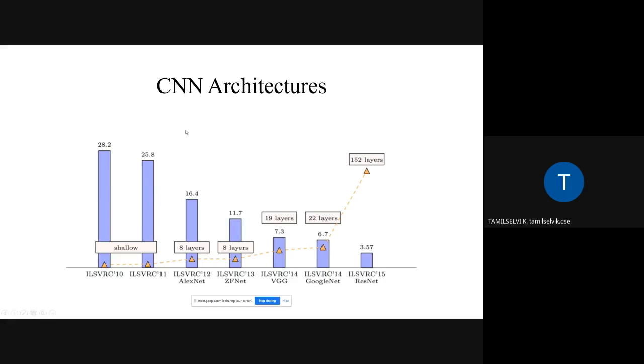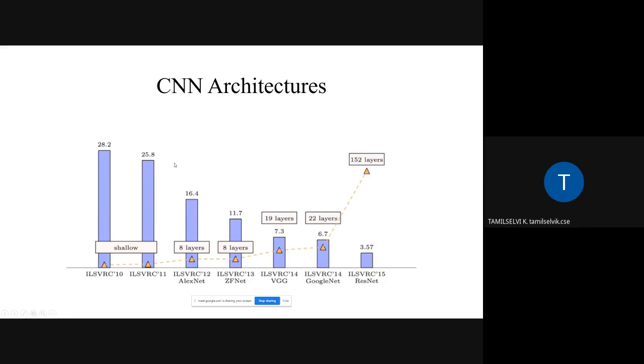So these are the error rates. As per their architecture design, if you use VGG, there will be an error of 7.3, in Google it is 6.7, and ResNet 3.7. This is a more powerful CNN architecture. So instead of building a sequential architecture and stacking the layers ourselves, we can go with the pre-built models. But one thing you have to note here is,